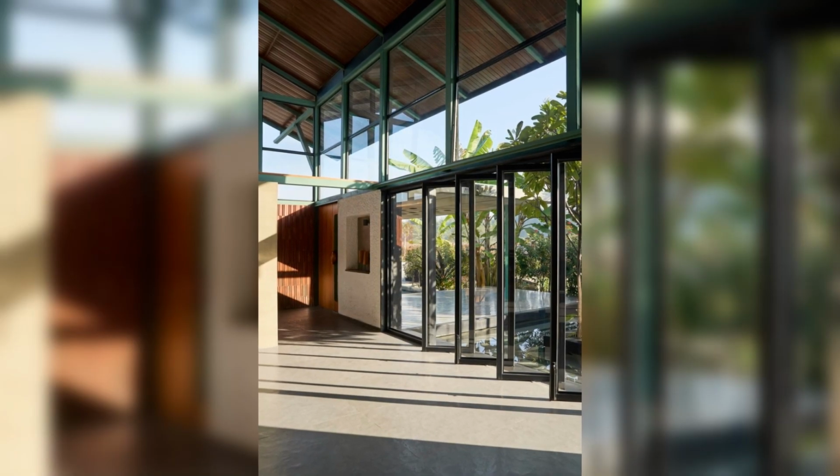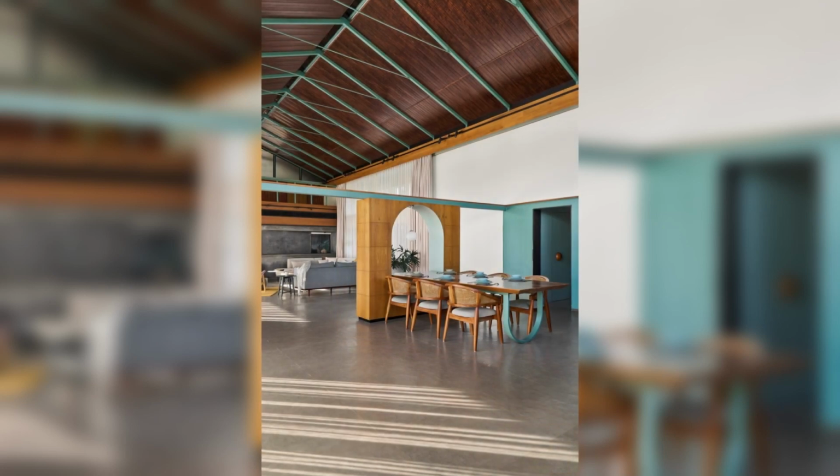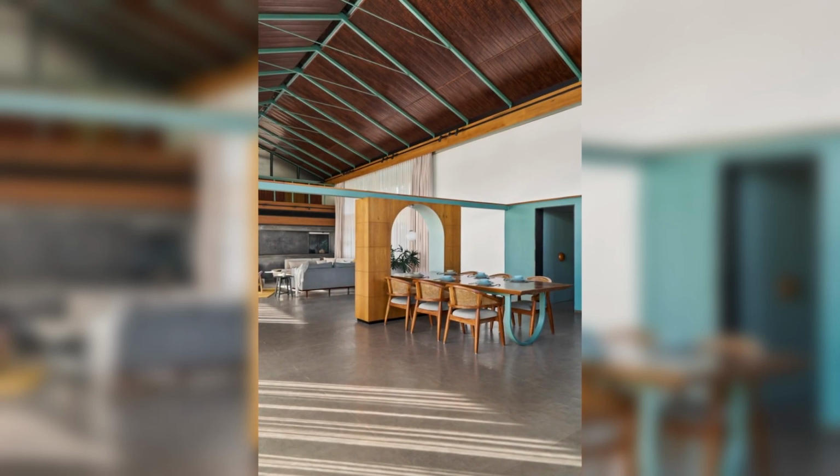As night sets, the glow of the lights on the gable roof makes it seem floating on the delicate structure,